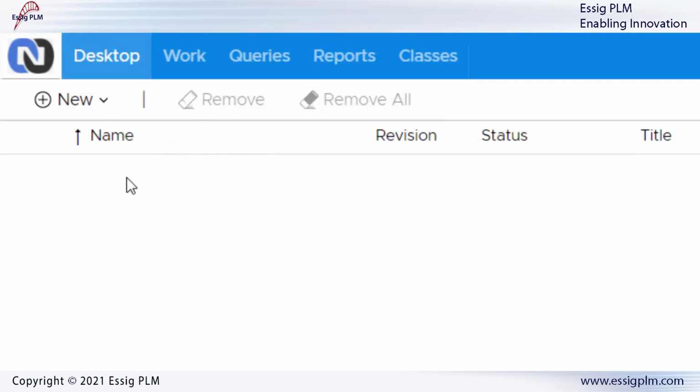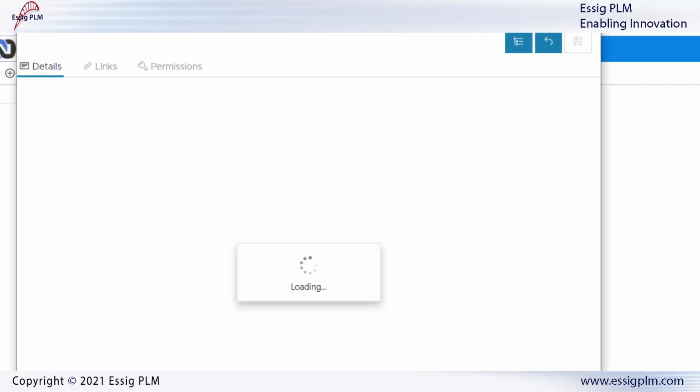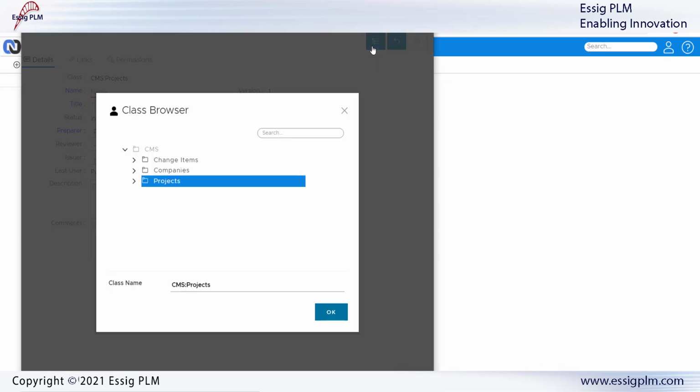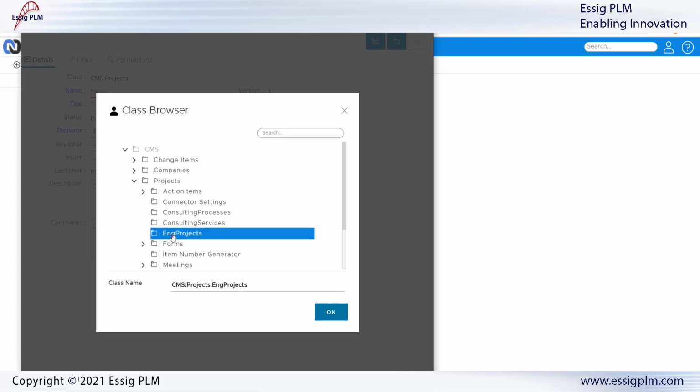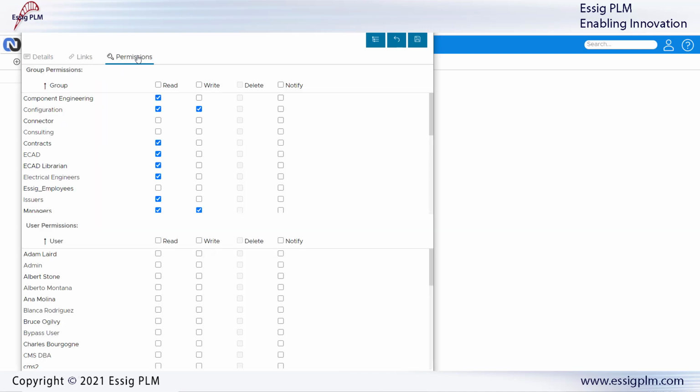Let's log back in as Paul Moll. The New button is now available for a new project. This window allows me to input the necessary information for the new engineering project. First of all, I select the correct class for the item I want to create by simply browsing the class structure. After adding the PLM attributes for this new engineering project, such as name, title, and description, I open the